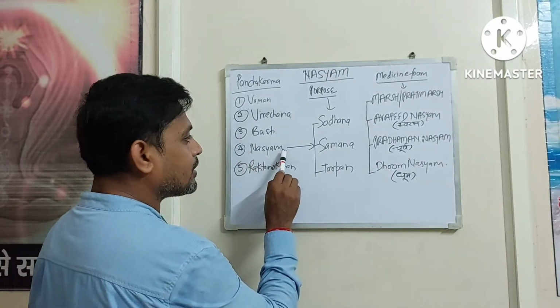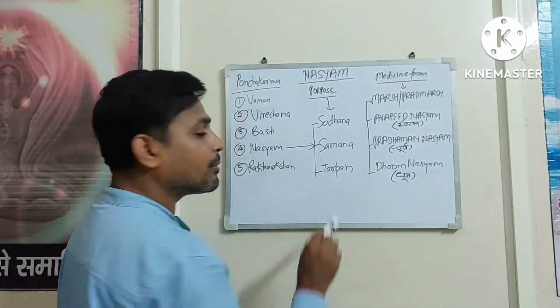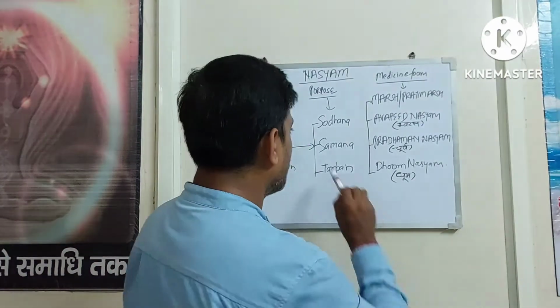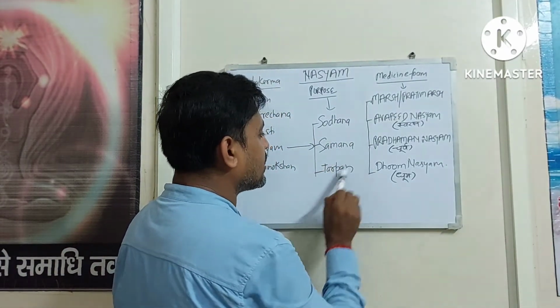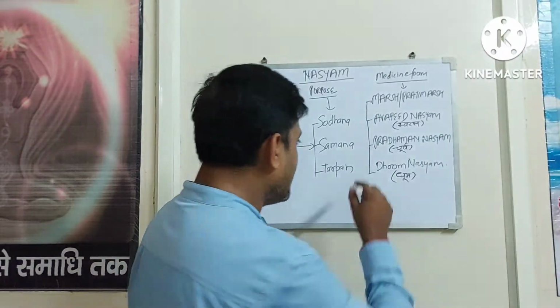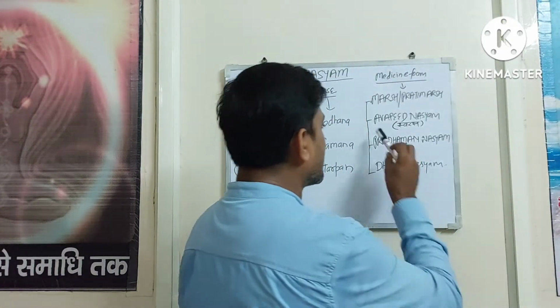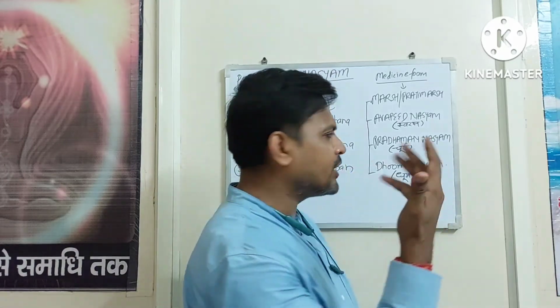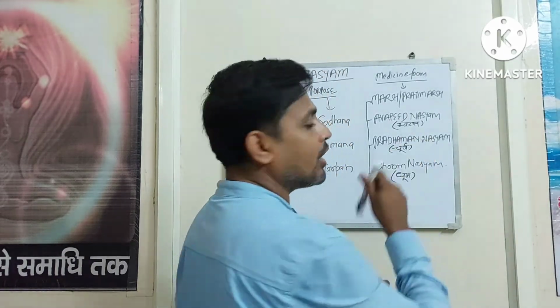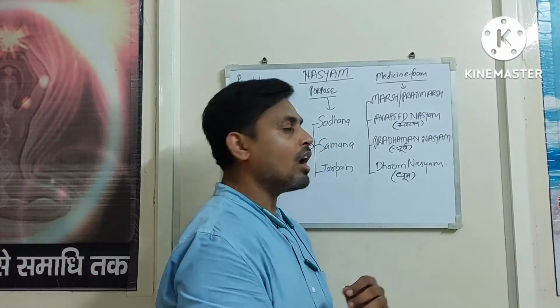So Nasyam is here, and the purpose is clear. For what purpose are we choosing Nasyam? That may be shodhana, that may be shamana, and that may be tarpana. The forms of medicine used are, first, Marsha Pratimarsha Nasya, meaning oil and ghee based medicines, the liquid sneha medicines. The second variety is Avapida Nasya, meaning extract, the water based medicine, or the juice, decoction, and seed kashaya of a medicine. So this is the variety of Avapida Nasyam.